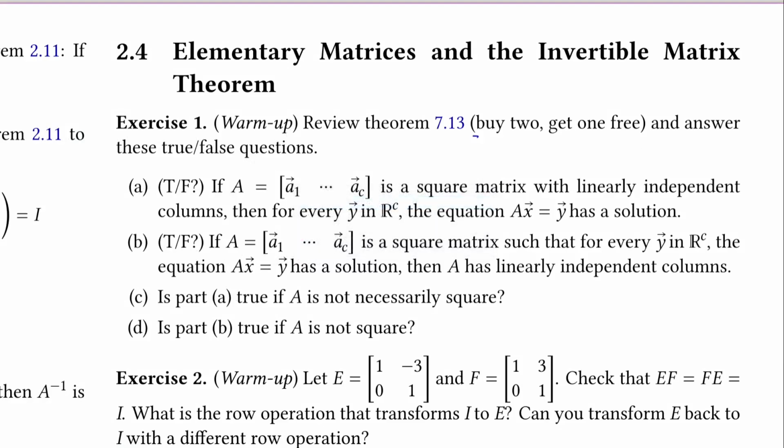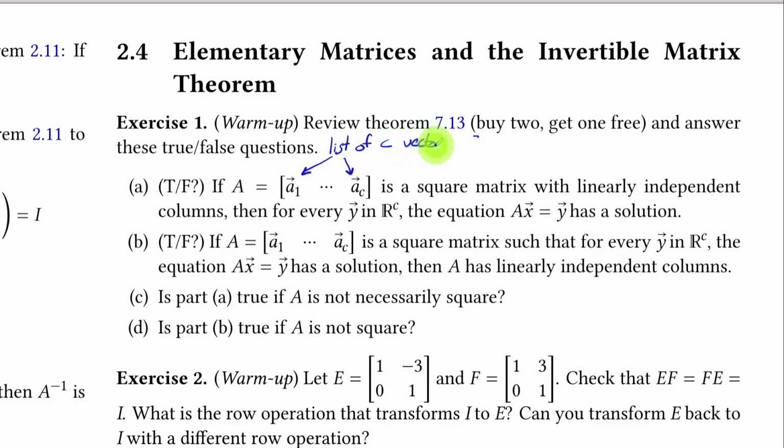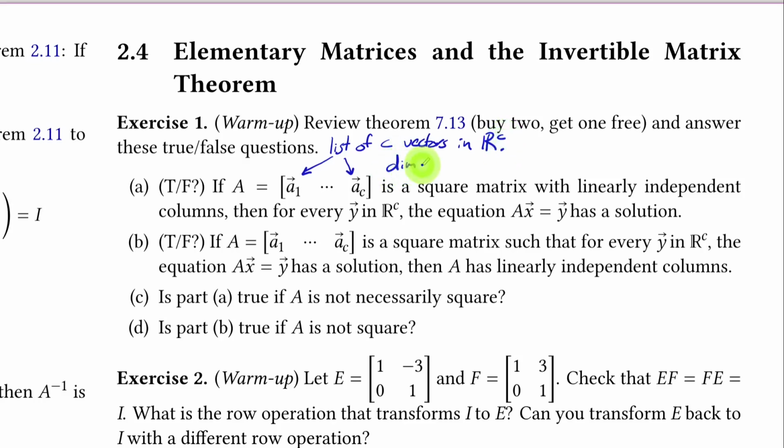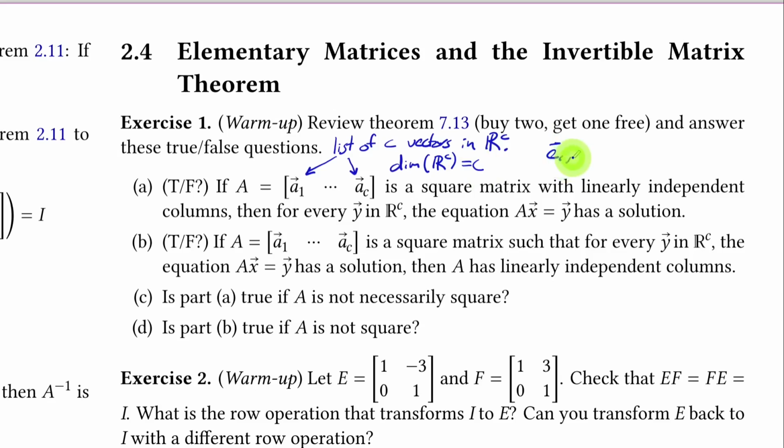And the key thing for both A and B is that if A is a square matrix, that means the columns form a list of C vectors in R to the power C, and we also know the dimension of R to the power C is C. For example, the standard basis vectors form a basis with C vectors in it, so that makes R^C have dimension C. So give these a shot, and the answers will appear in 3, 2, 1,